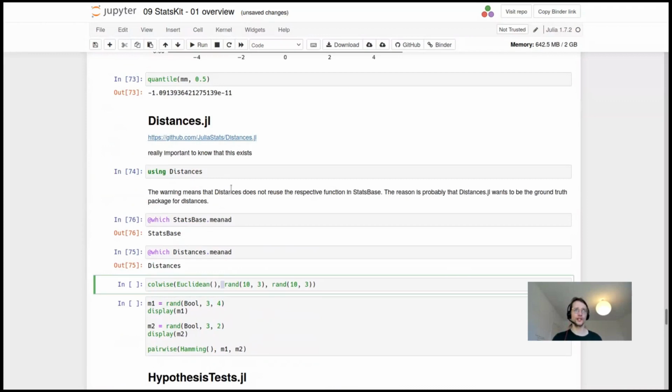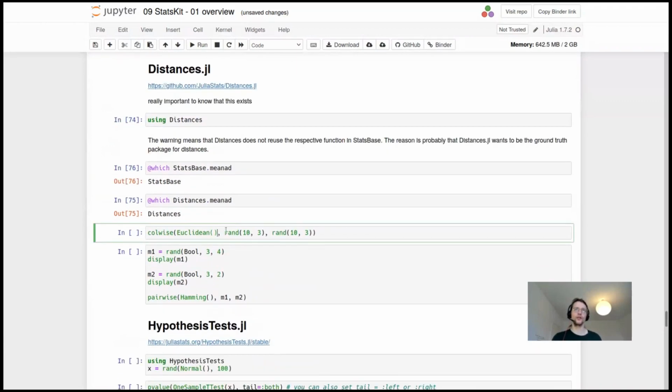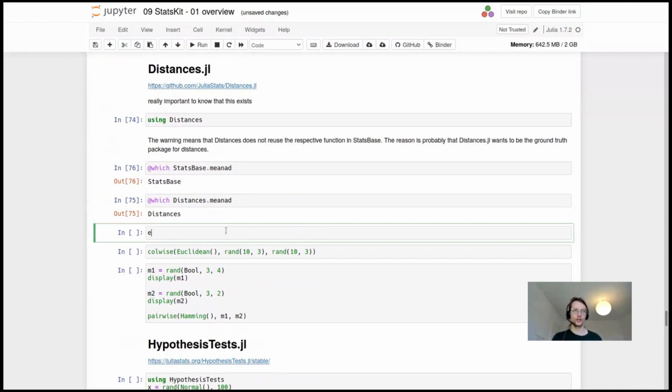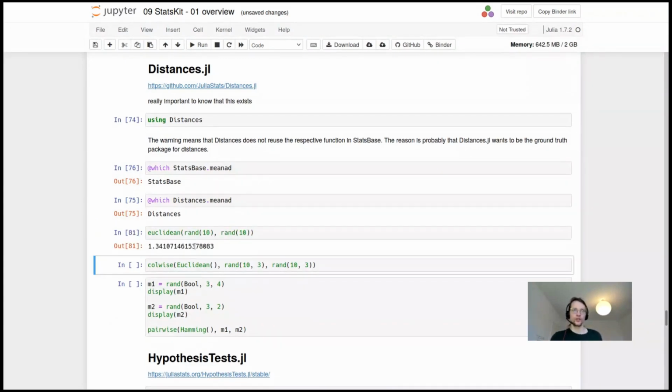So how to use this Distances package is a bit different. You also have the function call, so you have functions where you can compute Euclidean distances. So this works,